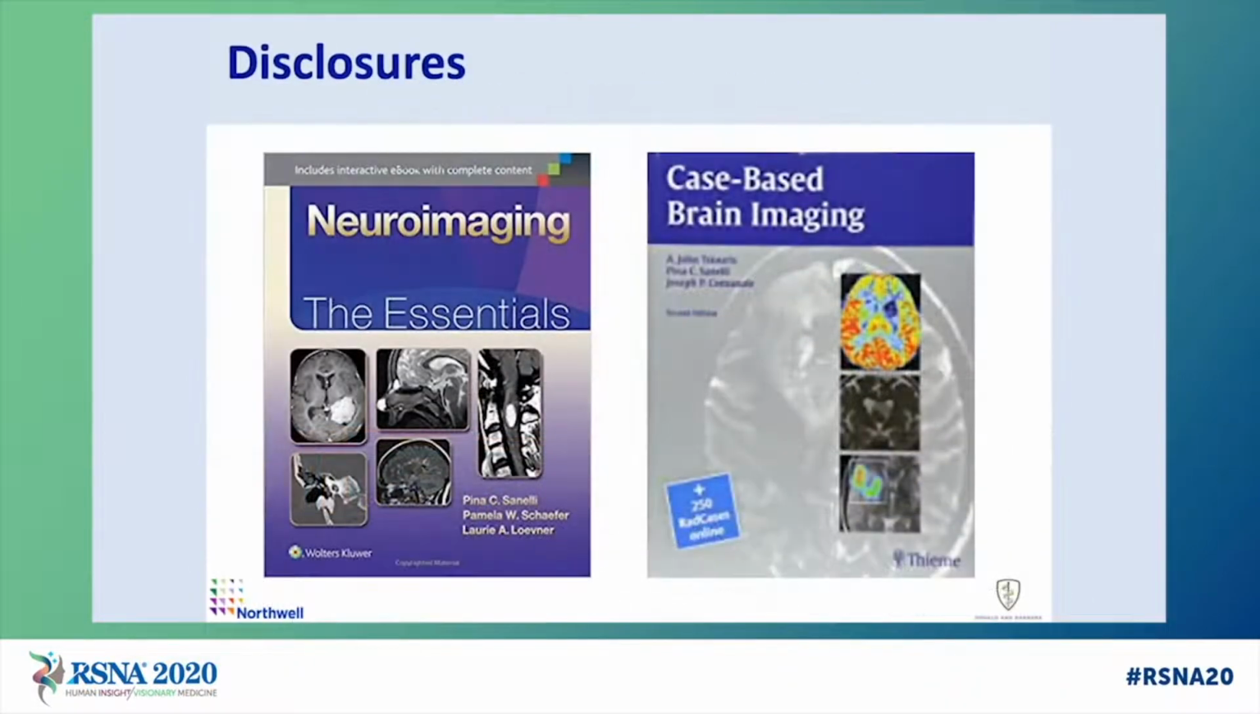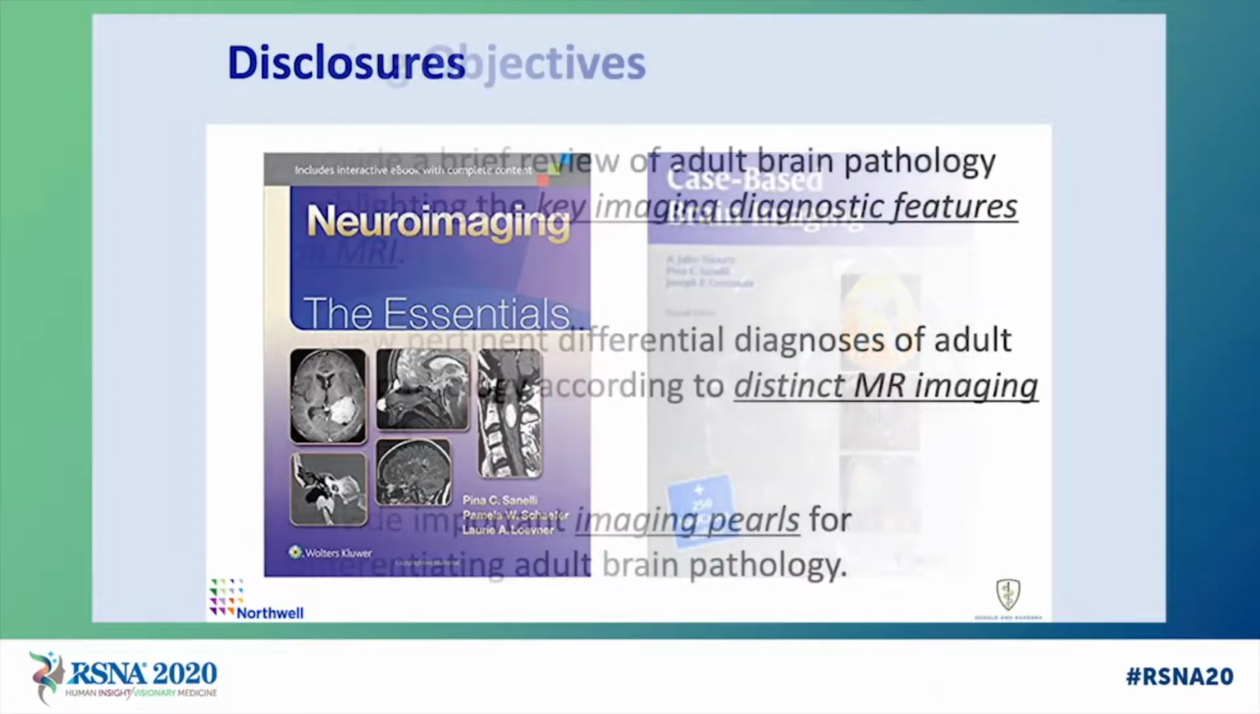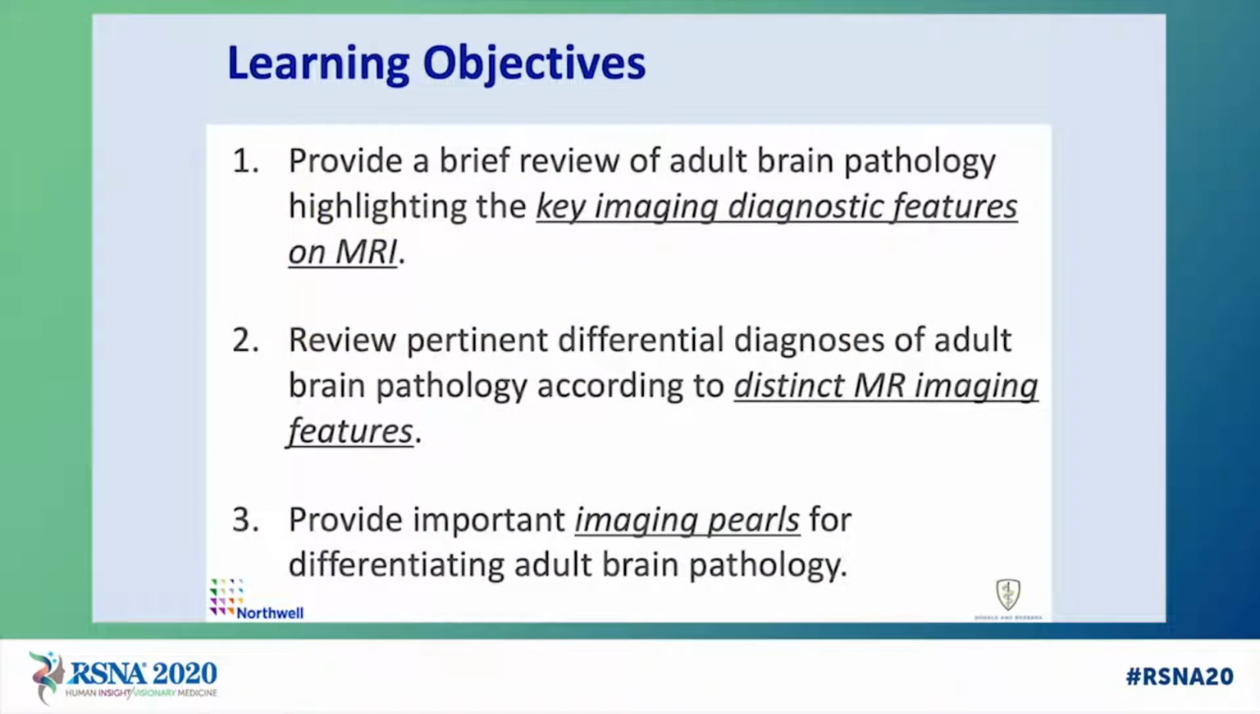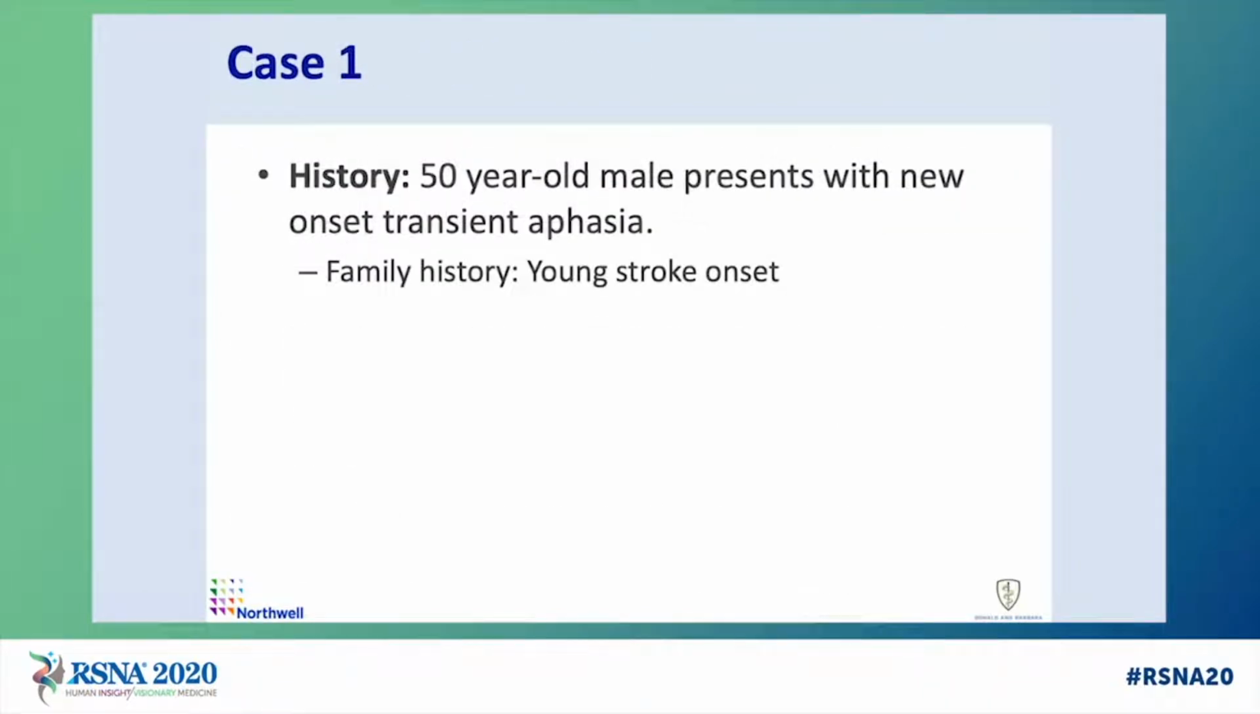Although I have no significant disclosures, I would like to acknowledge that I am an editor for the textbooks Neuroimaging: The Essentials, and Case-Based Brain Imaging, which have contributed cases to this presentation. The learning objectives are focused on highlighting the key imaging diagnostic features on MRI and important imaging pearls for differentiating adult brain pathology. The first case today is a 50-year-old male